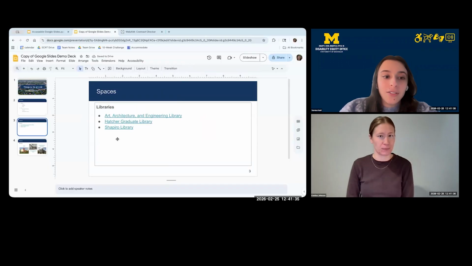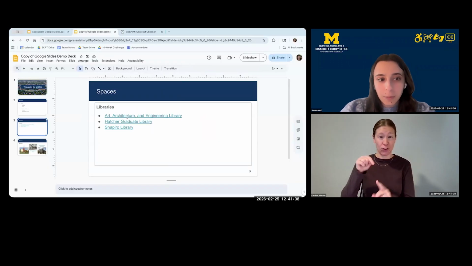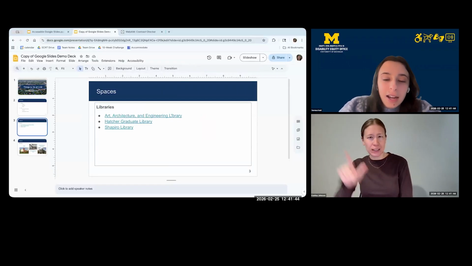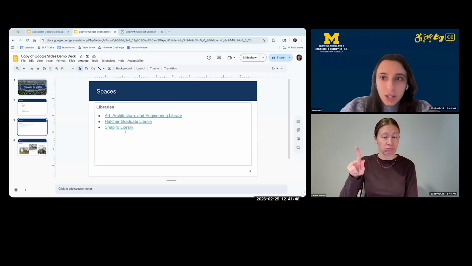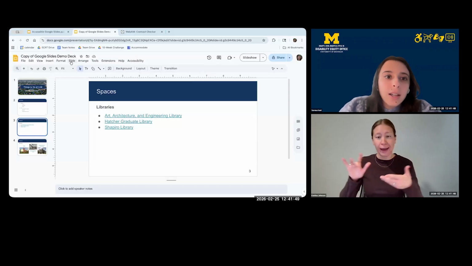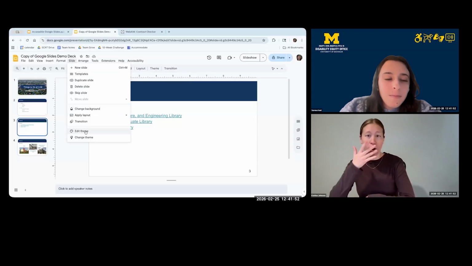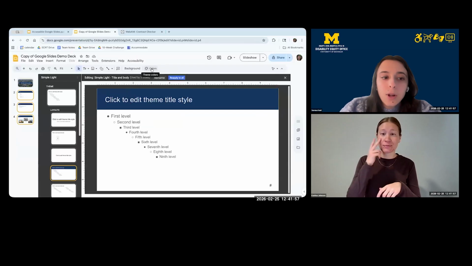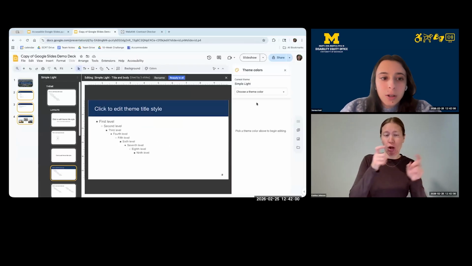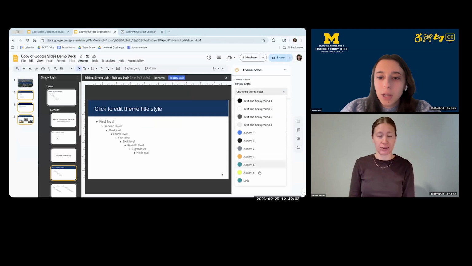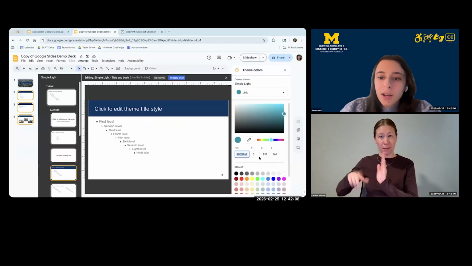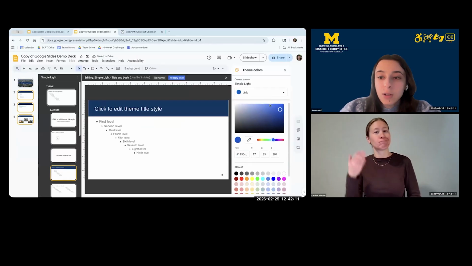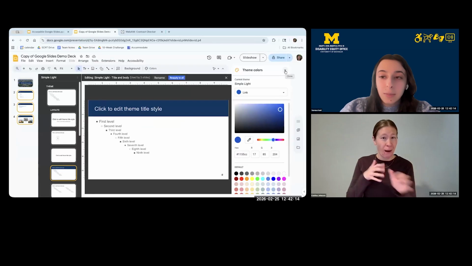I also wanted to show that for this slide deck, this teal color is my link text color by default. If I want a different link color, I can highlight each link and change them one by one, or I can go to Slide, Edit Theme, and then choose this colors option. And this will allow me to edit my theme colors. So I would click link from my drop down options, and then I can just pick a different color, maybe a classic blue. And once I do that, it will update all the links in my slide deck for me.